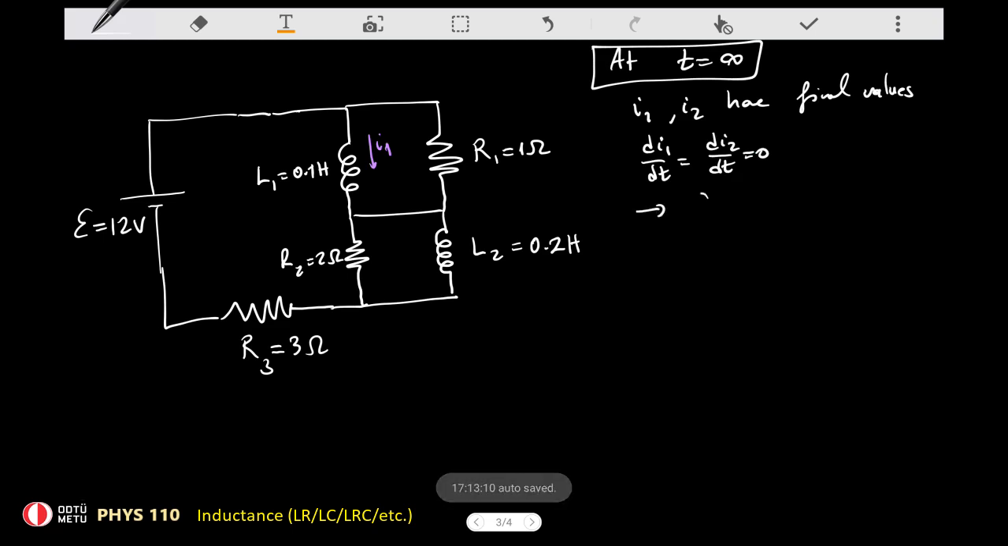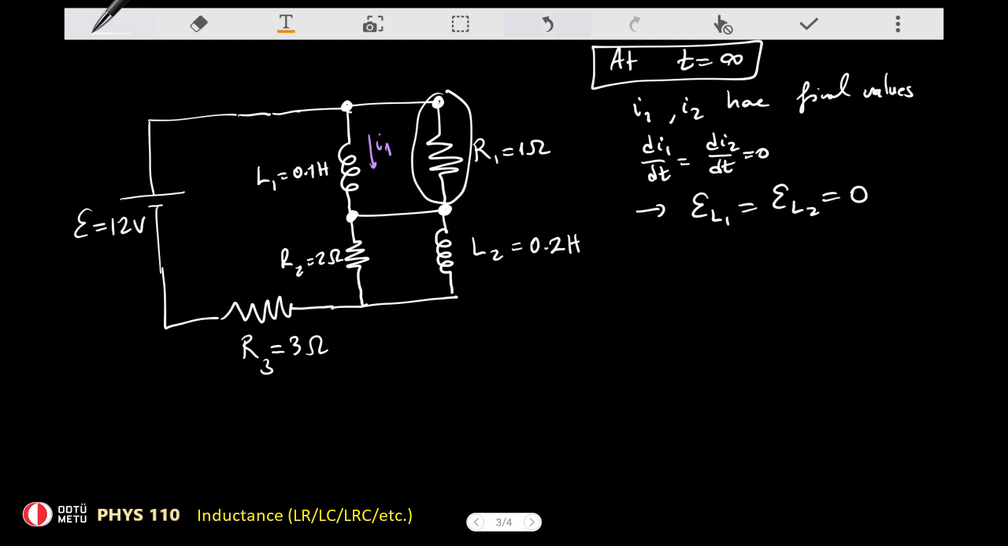Which means that the EMFs on either inductor would be equal to 0. Which also means that if you think about the potential drop between these 2 points, it would be 0. So these 2 points would have the same potential. And I can do the same thing for this resistor now. So the potential drop on that resistor would be 0. And since the current going down the resistor would be equal to the potential drop divided by the resistance, I mean the current in here would be,